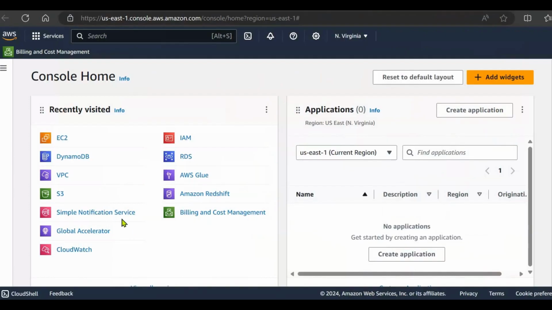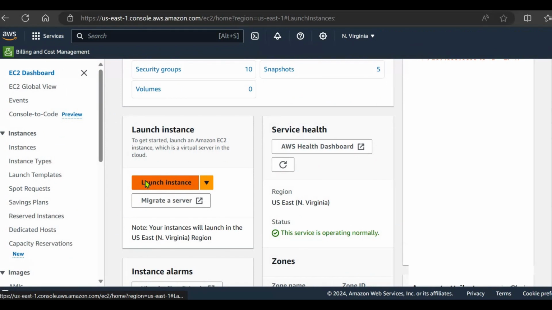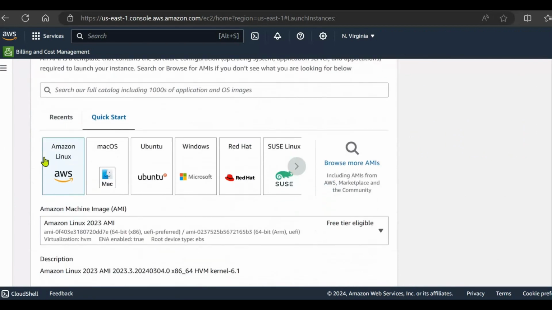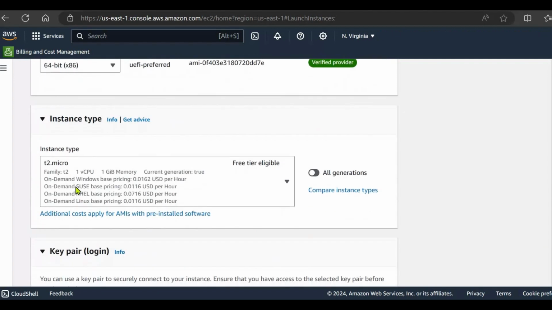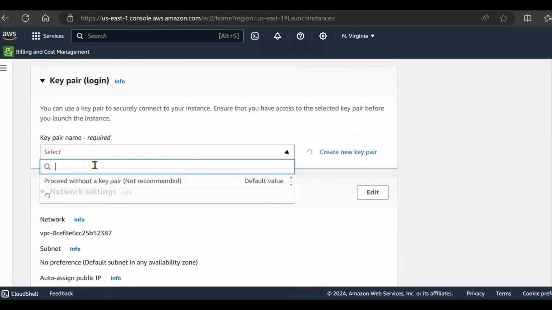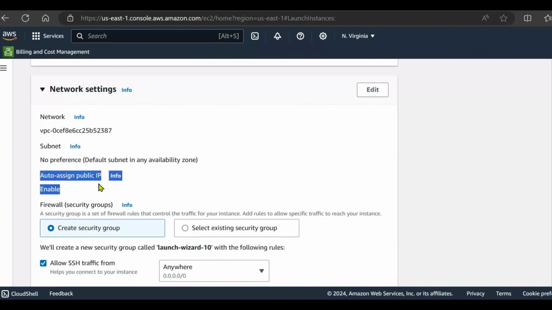Log into your AWS console and just quickly launch an EC2 instance. Launch instance. Give it a name. And then select the existing AMI because we are launching the first instance for which we will be creating further custom AMI. So this time I am selecting Amazon Linux, and then select the instance type as t2.micro, and I am also going to select a key pair that I had already created,